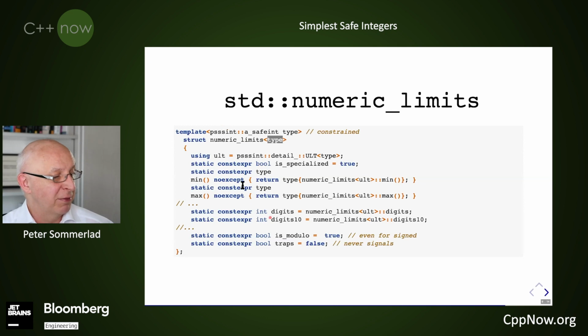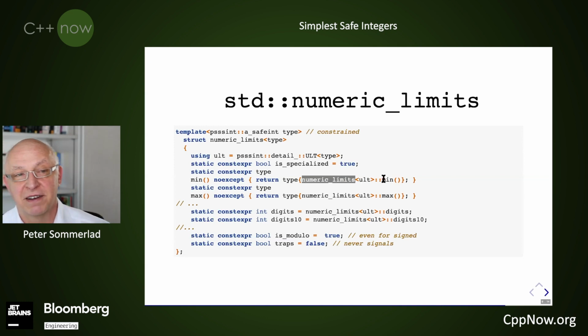So this is namespace std. And to be able to defer to the underlying type, we have a shorthand for the underlying type and delegate almost all of the numeric limits to the corresponding numeric limits, either member function or member variable, of the underlying types.